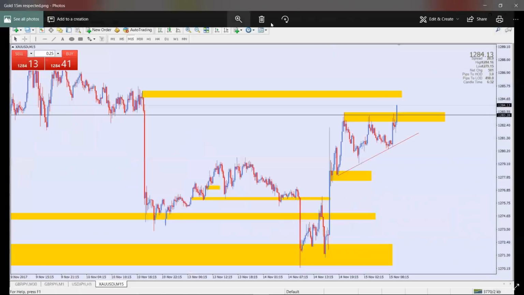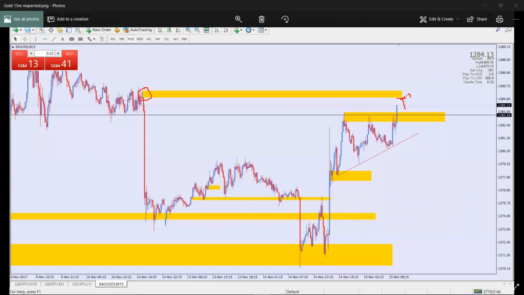So this is another example on GJ. You can see this was a supply zone I had drawn over here, and then the price. Okay, no, this is the anticipated. What I expected was for the trade to get to this supply zone. So I drew this supply zone, I think, on the lower time frame. So it came, touched the first time, touched the second time,